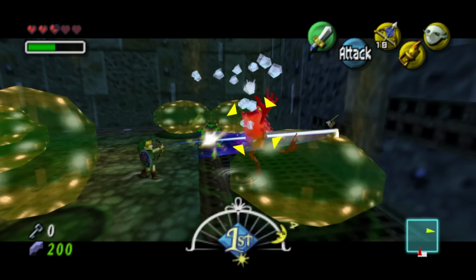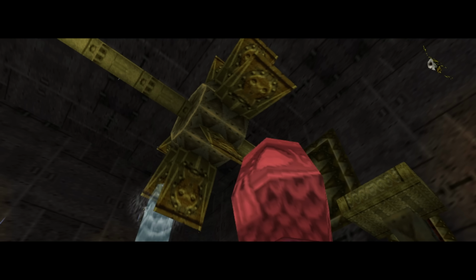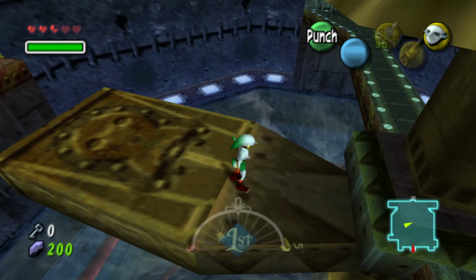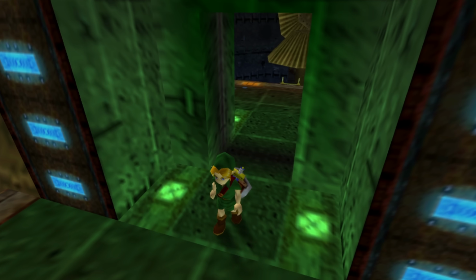Inside is another gecko, so I deal with him and get the boss key. I head back to the beginning of the dungeon and use the 2 switches in there to reverse the flow of the water. Having done that, I go back to the main room and freeze this waterfall and climb the ladder to get into this room. Inside is...